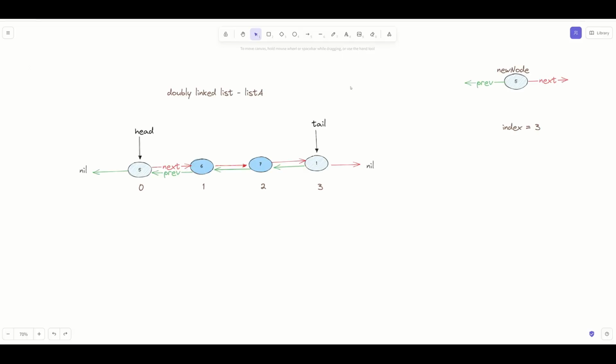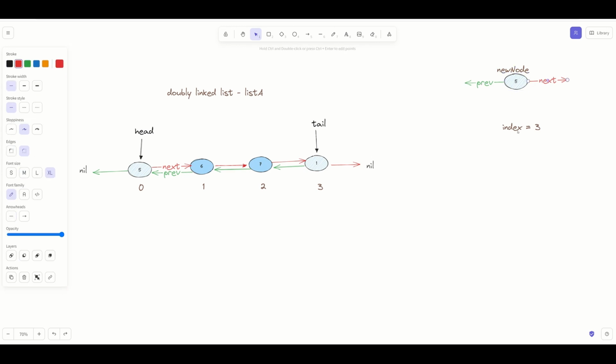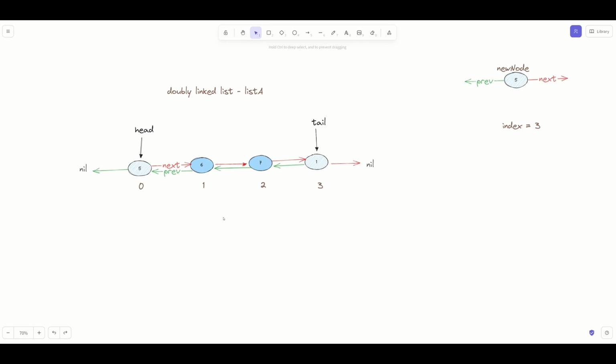Now for addition of a node at a given index, consider a linked list, list A, as you see here. It's a doubly linked list. There are 4 elements and the head node is pointing at index 0. We know it's going to begin with index 0. There are 4 elements and therefore the last index is 3, which is the tail node. We are required to insert a new node that has value 5, with previous and next pointers defined, at index 3. Now, to insert this, we introduce a new curr pointer